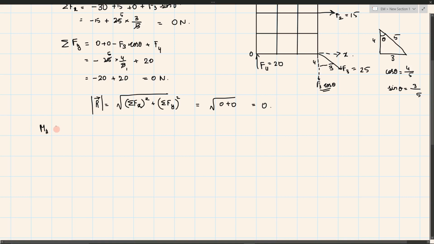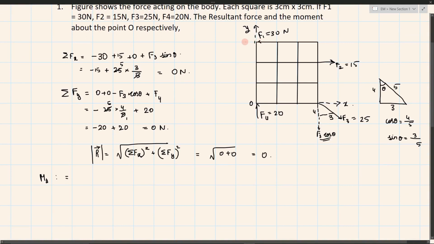The moment about O. F1 would be rotating this in the anti-clockwise direction, right? So we'll have minus F1 into the distance. Each square is 3 centimeters, so 3 plus 3 plus 3 is 9. The second one: F2 tends to rotate in the clockwise direction, right? So we'll have plus F2 into the perpendicular distance, 3 plus 3, that is 6, and also we have